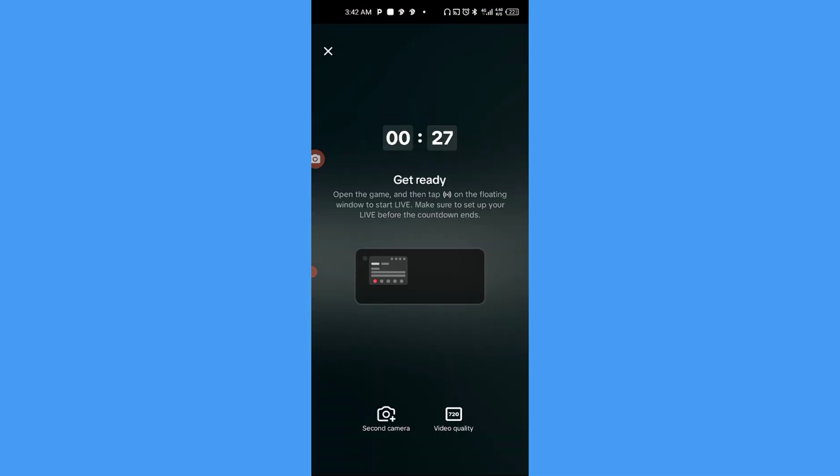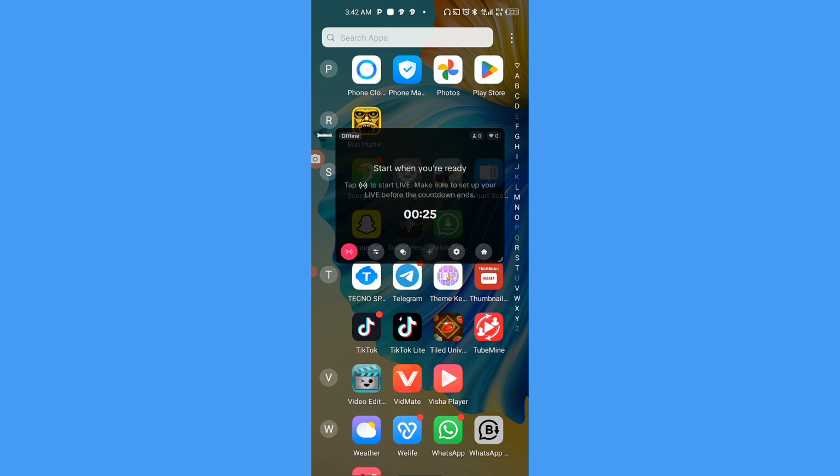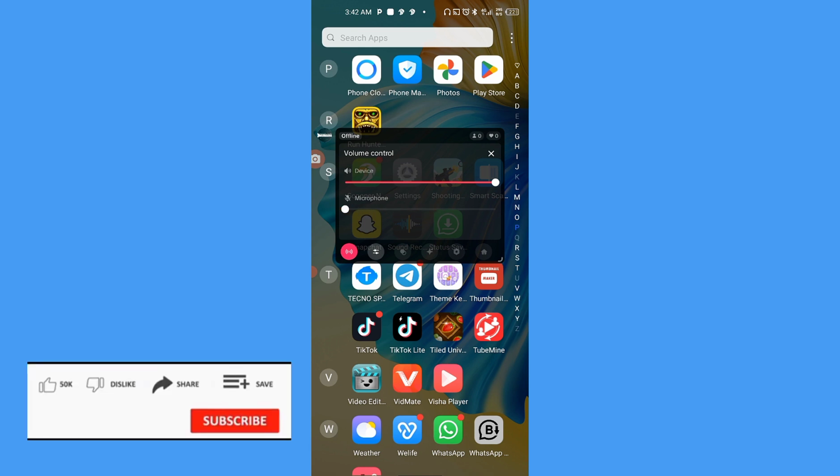go out from this screen from the app, then tap on the second icon, and draw the microphone line back like this. When you draw the line back, it becomes off, it turns off. If you want it to be on, you turn it back, it turns on. But I'll leave it like this for it to be